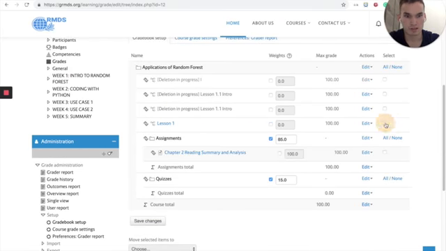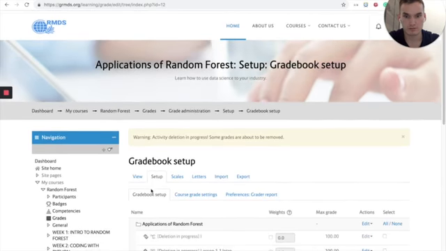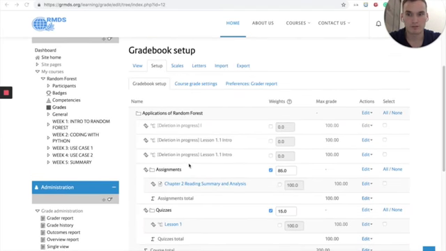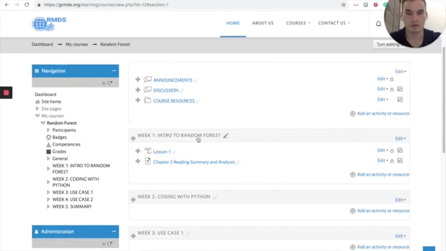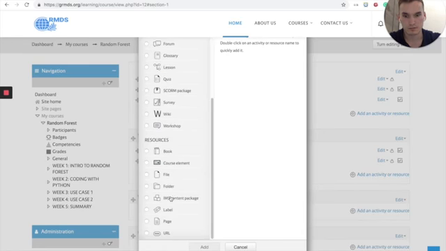And now we're going to move our Lesson 1 by clicking here and moving it to Quizzes. Now you can see that Lesson 1 is now under Quizzes. Now that we finished that, we're going to double click back into week 1, and we're going to make our week 1 a little bit more aesthetically appealing. So I'm going to add an activity or resource, go down, add label,